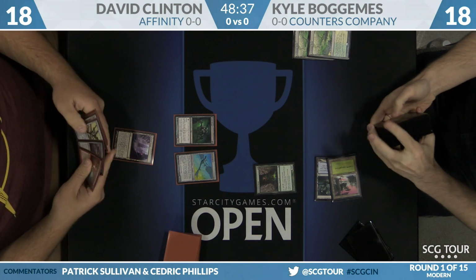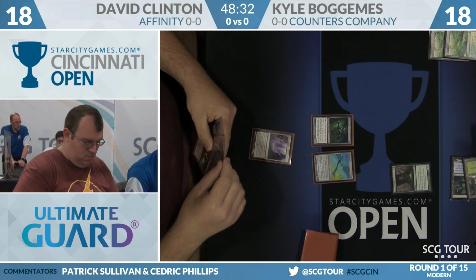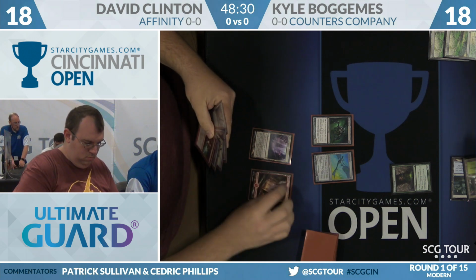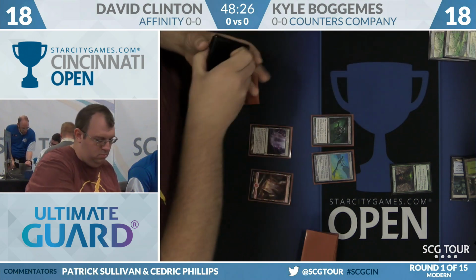Kyle is going to search up a basic Forest with this Windswept Heath. He's down to 18. He'll play a Devoted Druid, and if David didn't know what he was up to, he knows now. This is a Mountain. David with a Signal Pest,